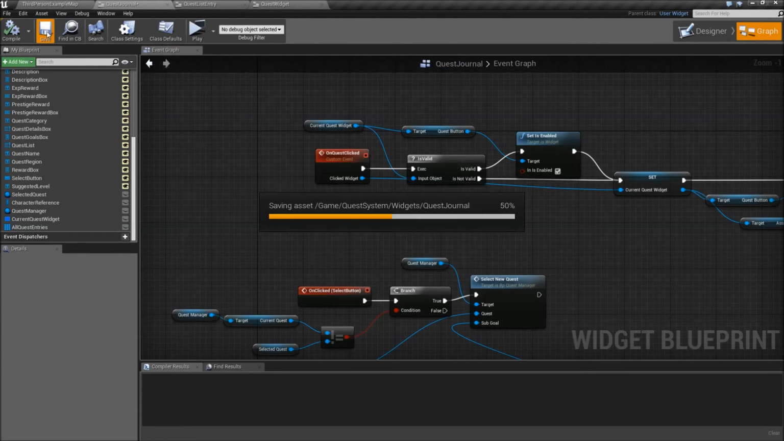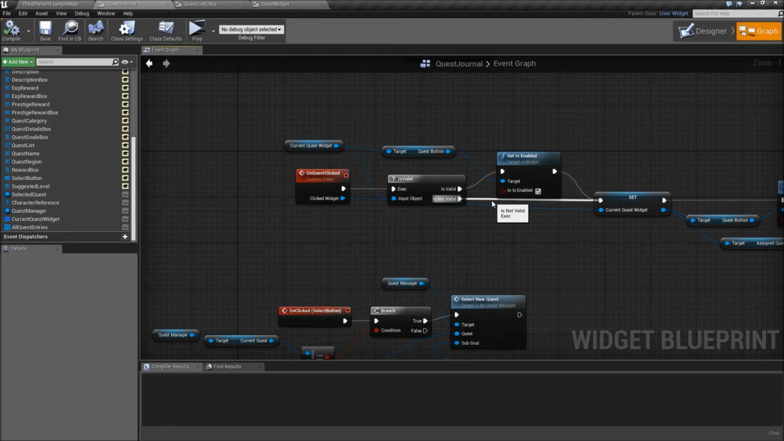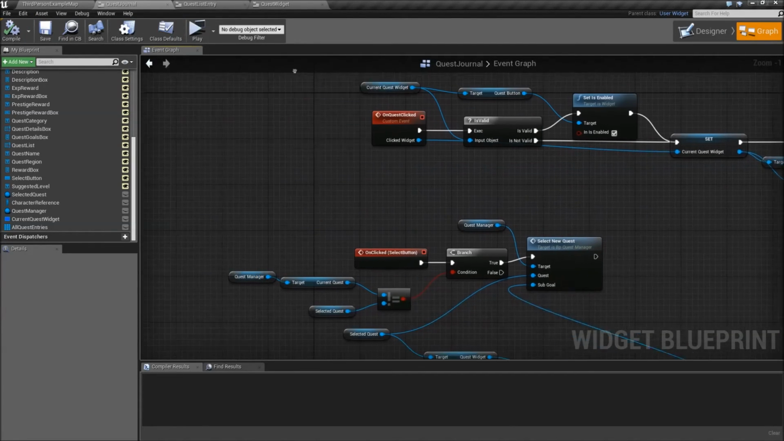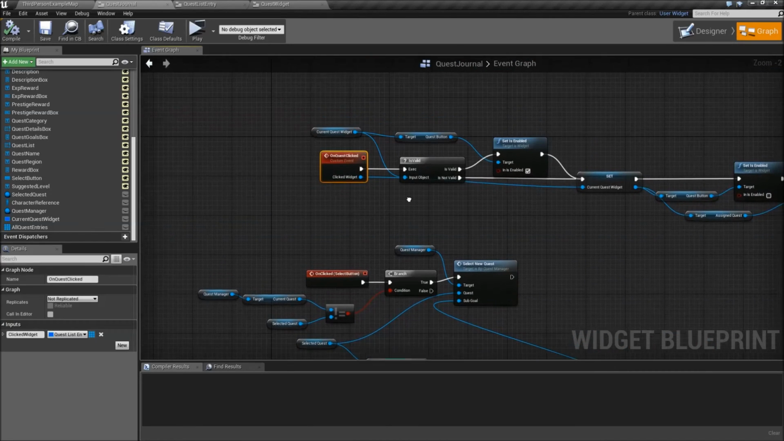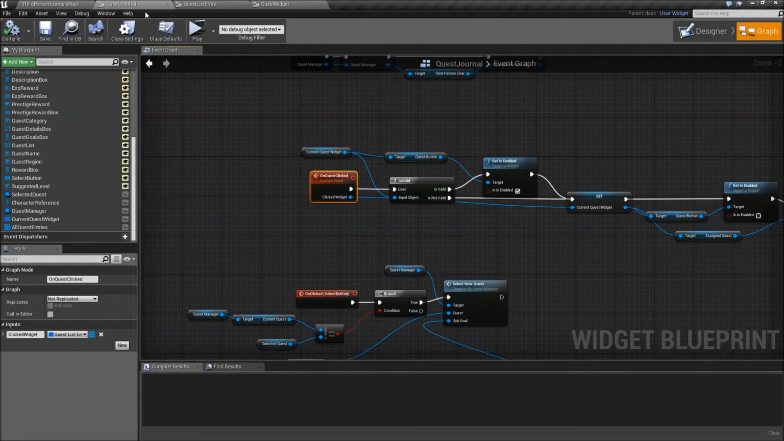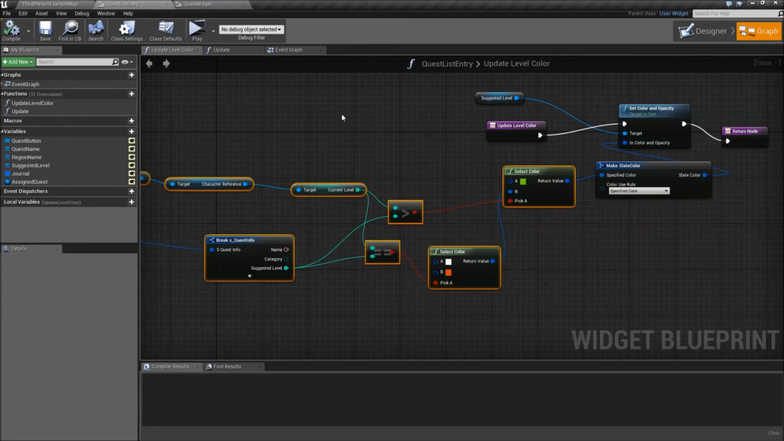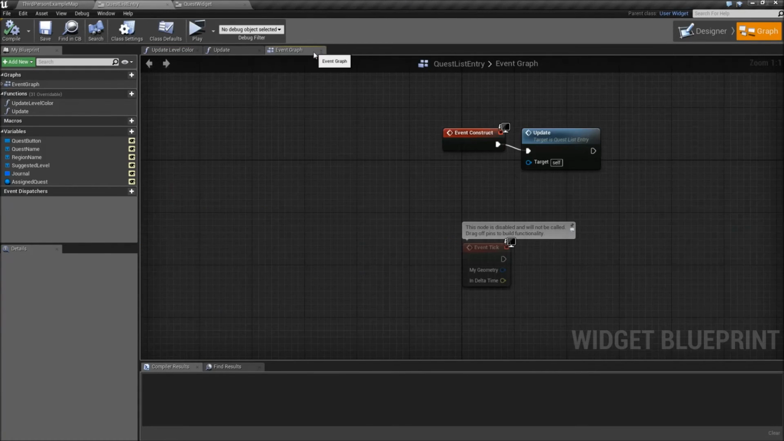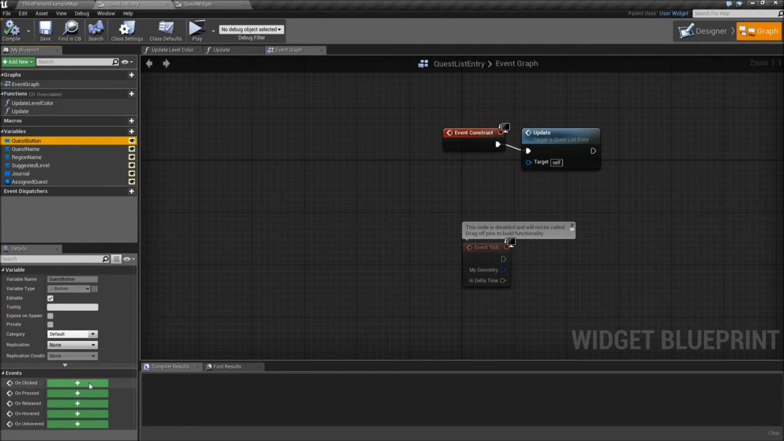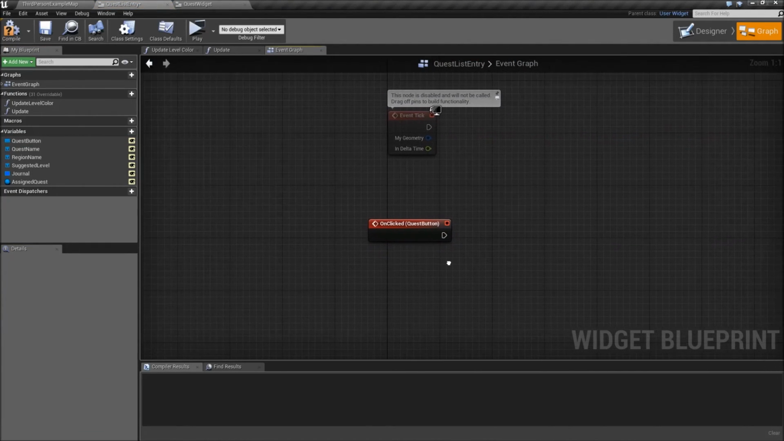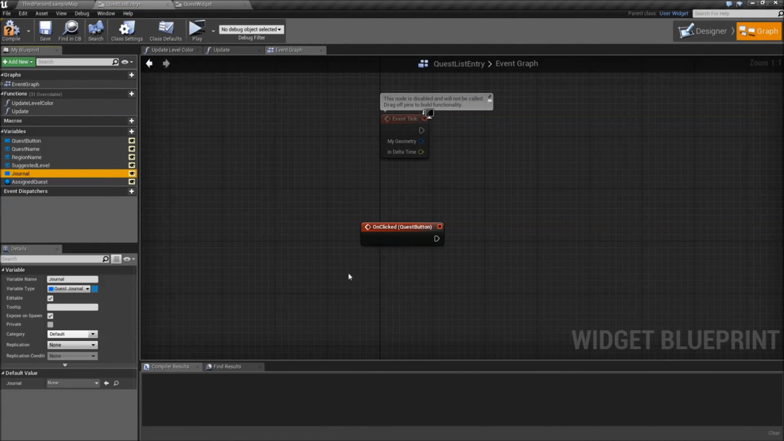Alright, compile and save. That's everything for our quest journal actually. And now we'll also have to set up some other stuff. First we can close the quest journal, but actually our onQuestClicked event is never called. So let's fix that by going to the quest list entry, event graph, selecting our quest button and adding an onClicked event. So when we click that, let's drag in the journal and call